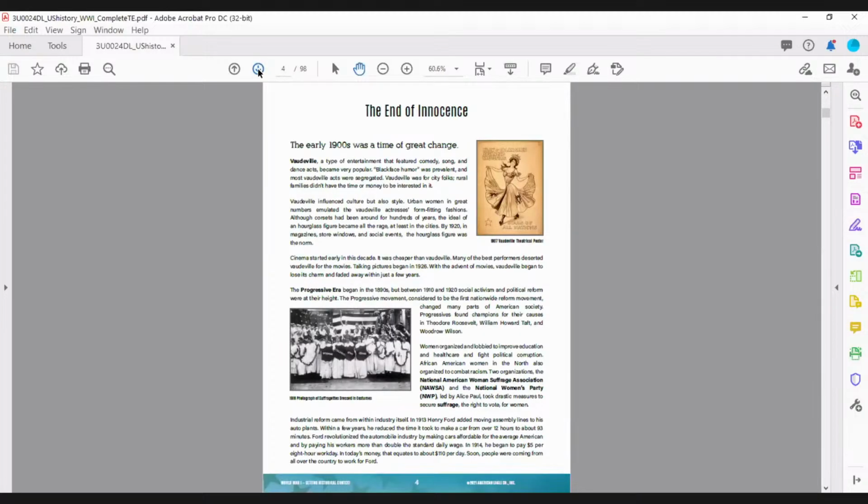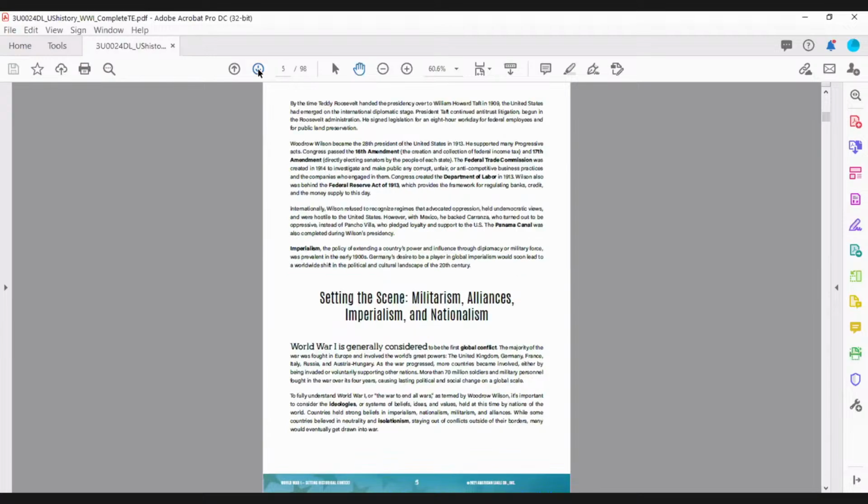Okay, so this is the introductory reading. One thing that we changed up in these new units, which I'm excited about, we got feedback from you guys. Thank you so much that you wanted to see more pictures even in the intro, and just little captions to connect to what the students were reading. So this is setting the scene on militarism, alliances, imperialism, and nationalism,